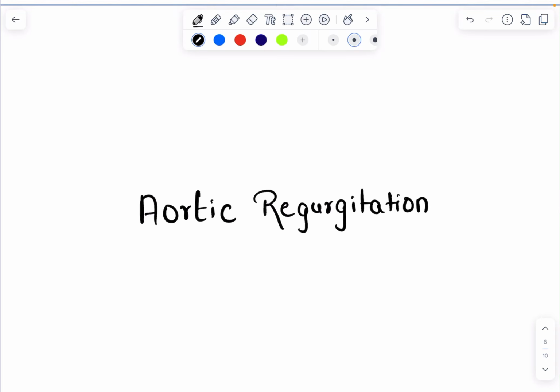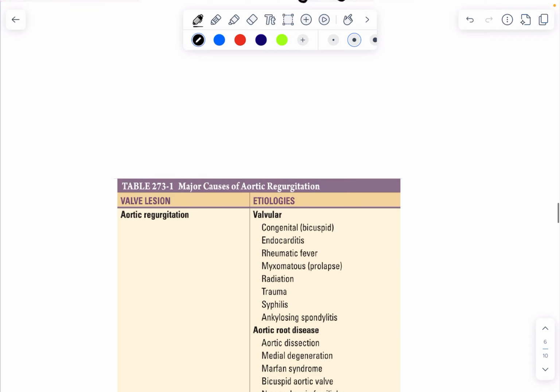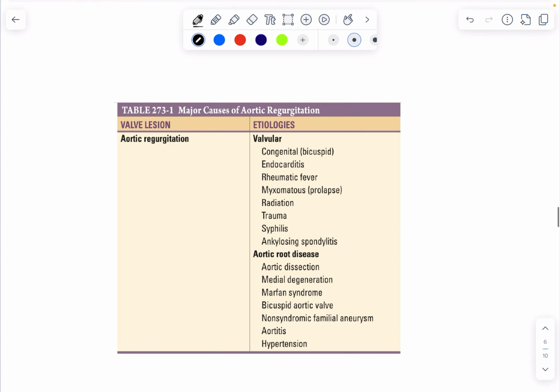Hey guys, in this video we are going to cover flowcharts and diagrams from the topic of aortic regurgitation. So starting with table 1, the major causes of aortic regurgitation. AR could be because of damage in the valve or it could be because of damage in the surrounding